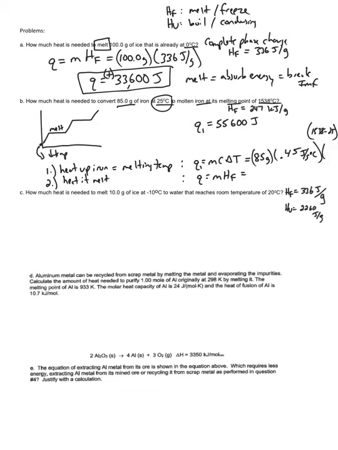The next step is we've got to melt it. Now it's solid iron at its melting temperature of 1538. We simply have to melt it to liquid iron at 1538. To complete the phase change, we just multiply by its HF, and before I showed this problem, I looked it up. The HF for iron is 247 kilojoules per gram. Okay, so 247 times 85, and I get a Q2 of